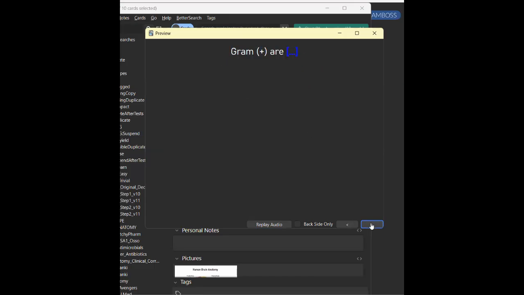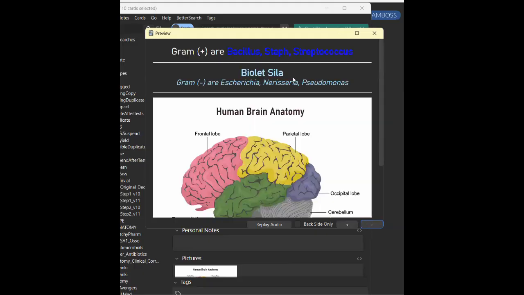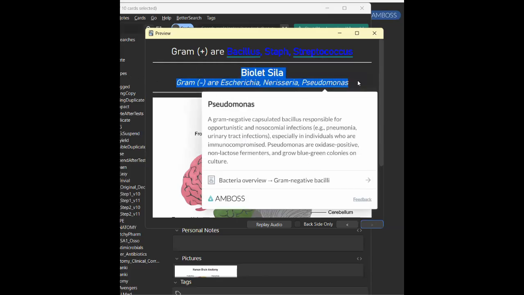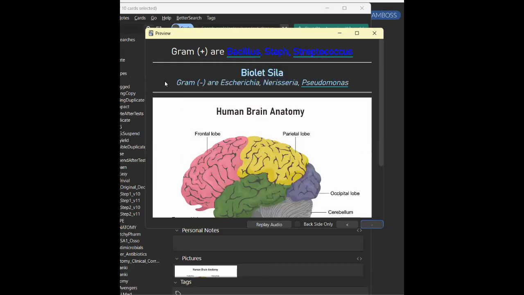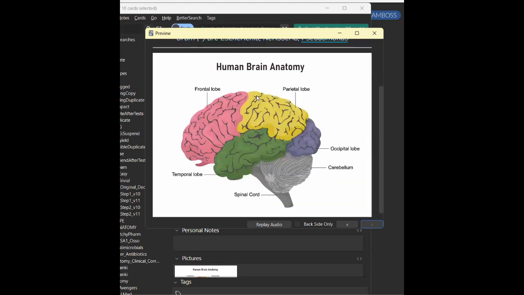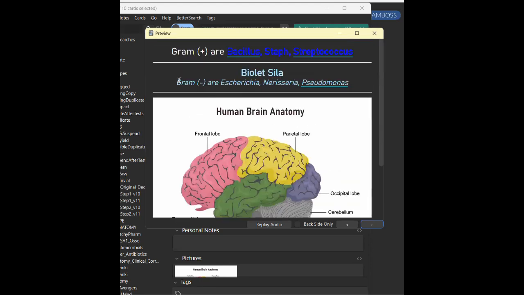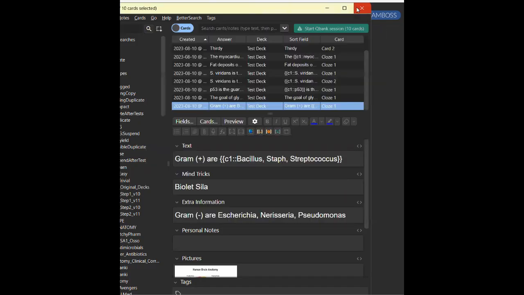This is a card which I personally made for the Anki deck. I coded this into the app. Bacillus, Staph, Streptococcus. So this is the mnemonic. It's very big. And here's the extra information. Here was the picture. So there is a headspace there. Very nice, right? You can use that now as well.